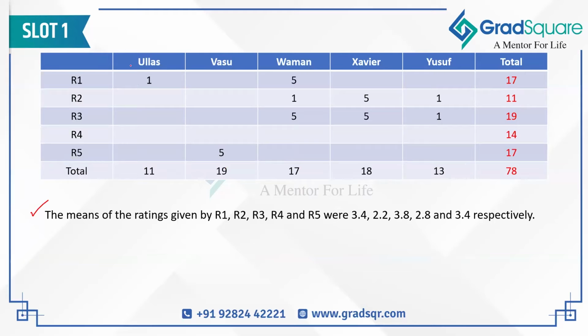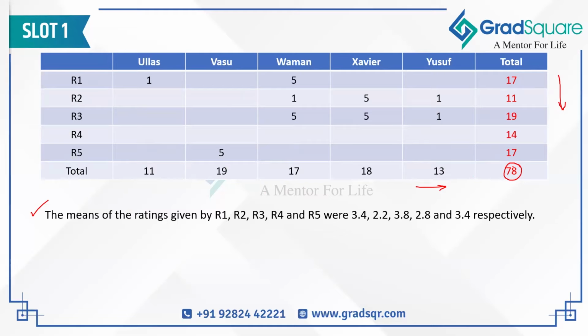So if we add up the ratings given by the restaurants in the rows, then in the right-hand most column, I will get the sum of each row. And similarly, in the bottommost row, I will get the sum of each column. That is how conveniently I made the table. And why I've taken this is because this 78 should be the same here and here. So this is a test whether I have made a note of the data correctly or not, whether I've calculated the total by multiplying the means by 5 correctly or not. So if the sum of the last column and the sum of the last row both are equal, then that means that we have made a note of the data correctly.